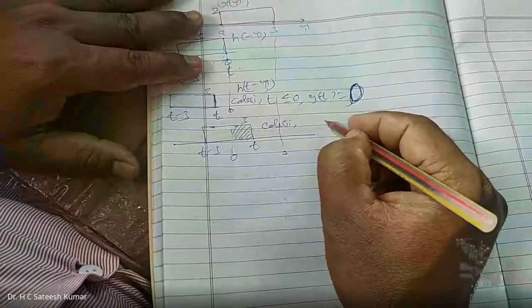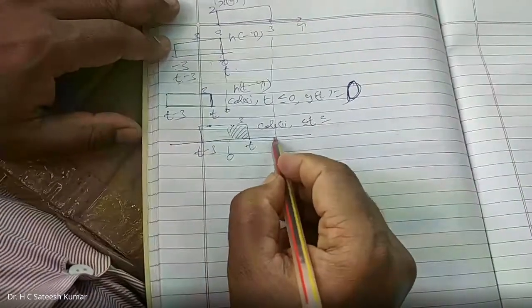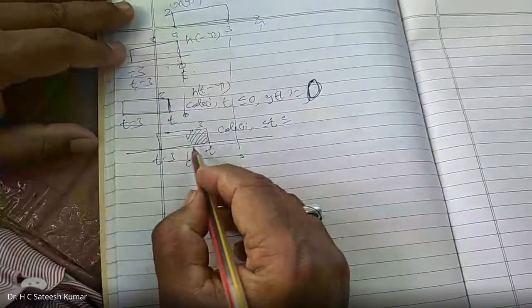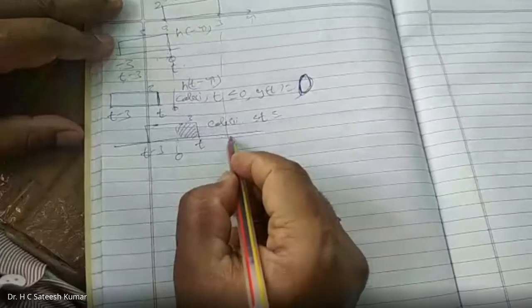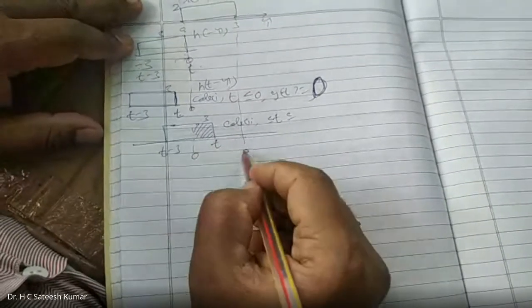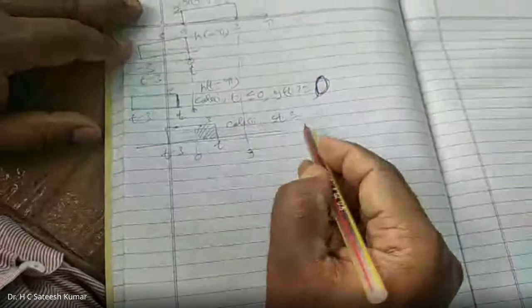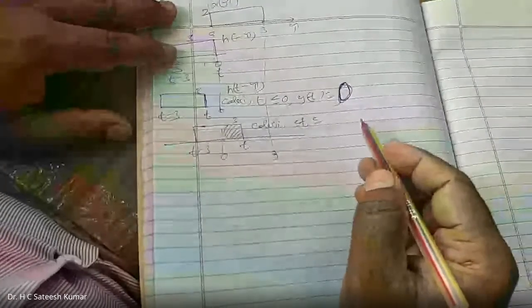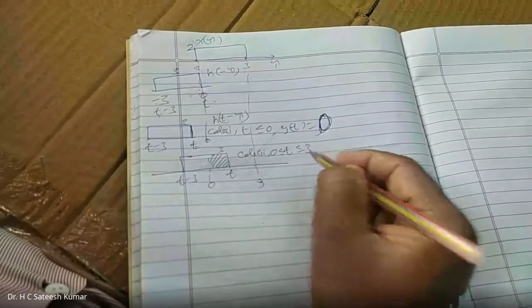So therefore, case 2, t lies between 0 to 3. As long as it lies between 0 to 3, the overlapping area goes on increasing. When it keeps on shifting from here to here, for the entire case, I'll take it as t ranges from 0 to 3. Why have I taken it as a single case? Because 0 is one case, increasing is another case, decreasing is another case, 0 is another case. Like that, we are taking the different cases. Cases are nothing but wherever we are finding the changes when multiplying the first signal with the second signal, the changes we are making as the cases. So case 2, t lies between where to where? 0 to 3.